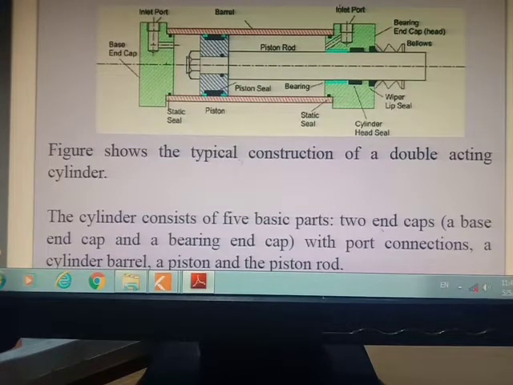The same case will happen when the oil flows through this port, right, and the piston starts moving in the opposite direction. Then also the speed of the piston will remain constant, because the flow of the oil and the pressure of the oil coming to the cylinder are the same. So the piston speed will remain the same, and at this end also there is a possibility that the piston may strike the cap or the end of the cylinder, and there is a possibility of damage to the cylinder. Now what happens for avoiding this?